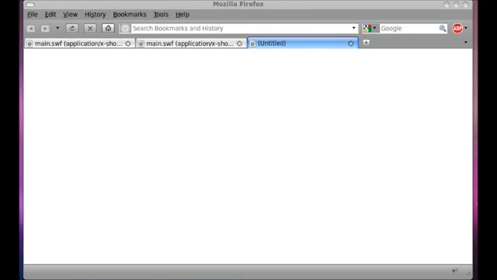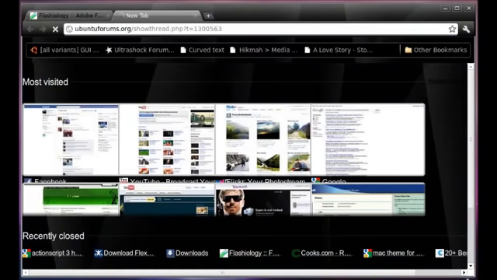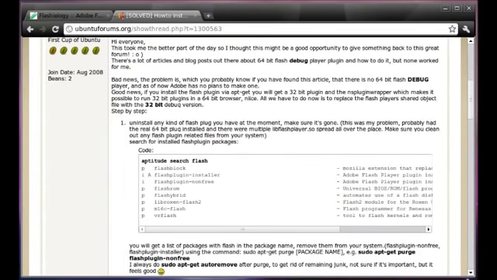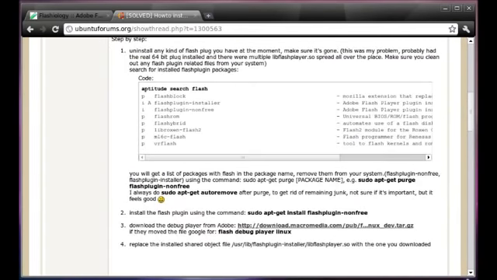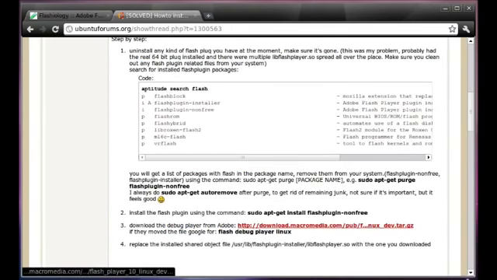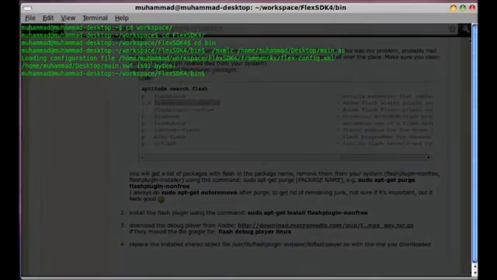But if you're not, then you're gonna have to go ahead to this URL here. There you have it. So all I did was download this file. It shows a lot of things to be done, but all I did was download this file and run this command. I just wrote this in the terminal,